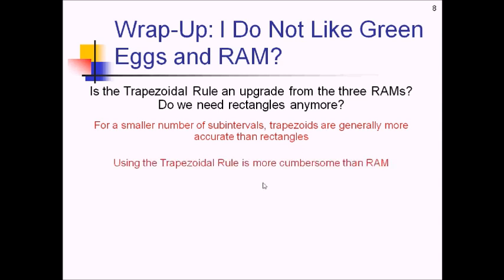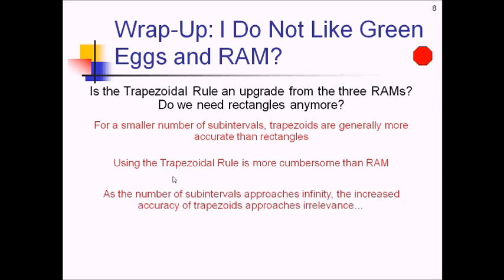Having said that, we did see that the trapezoidal rule is a little more cumbersome than RAM. The formula is a little more bulky. And also, as you increase the number of subintervals towards infinity, your increased accuracy from trapezoids isn't very much. I mean, an infinite number of infinitely thin trapezoids is not going to be any more accurate than a bunch of infinitely thin rectangles. They're all going to fit under pretty much anything you want. And if they don't, you just make them even thinner. But we still like to have this other way of doing things, and the AP exam will often ask you to use the